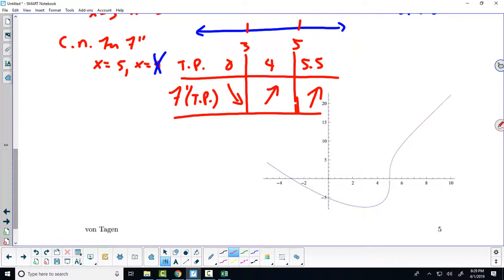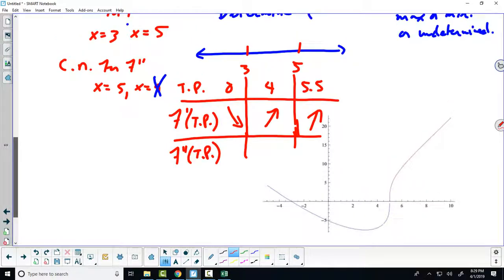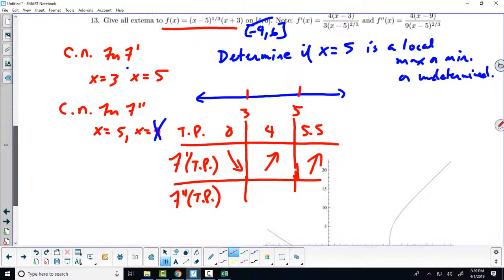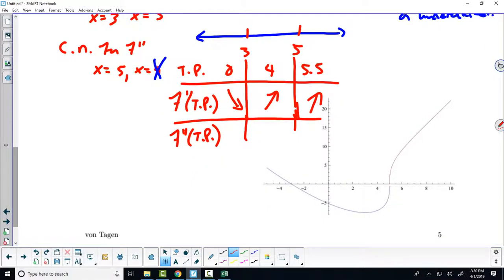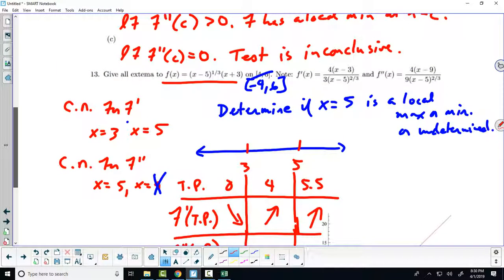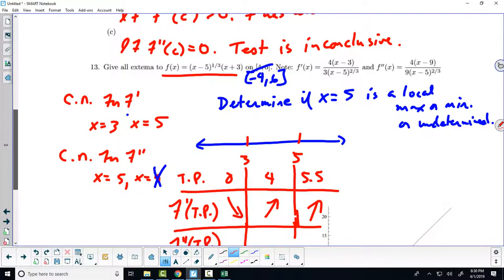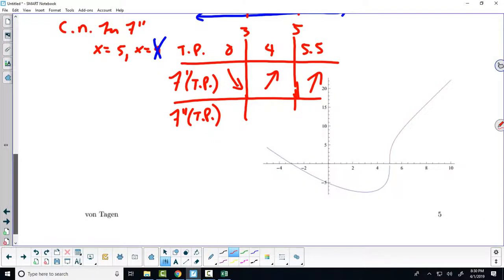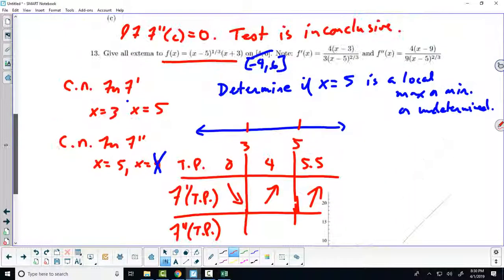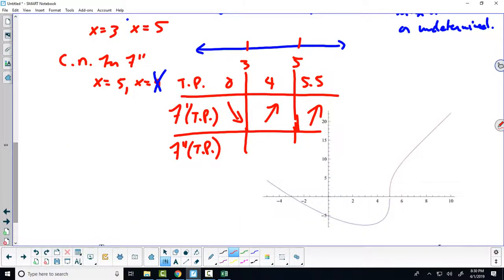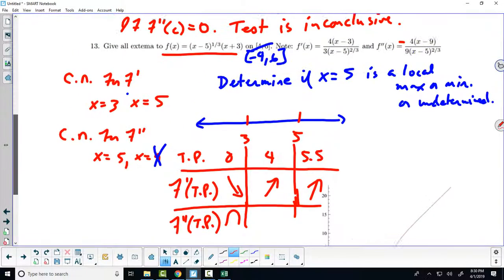And let's plug it into the second derivative. If you plug in 0 into the second derivative, we are negative, so we're concave what? So we're negative, so we are concave down. That doesn't seem right. It should have a negative sign in front of it. So we're concave down. If we plug in 4,